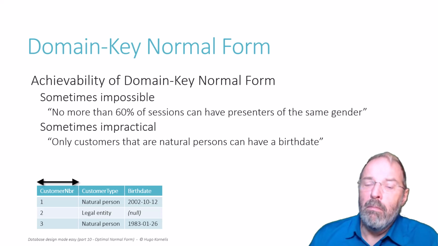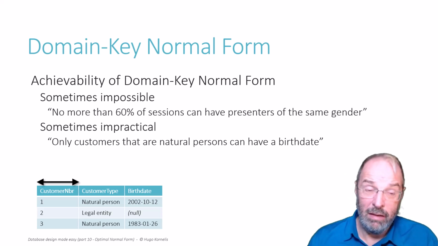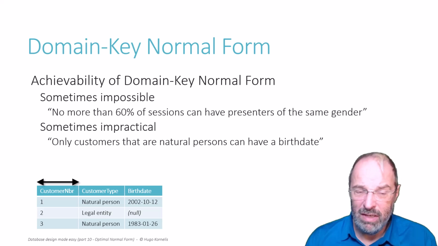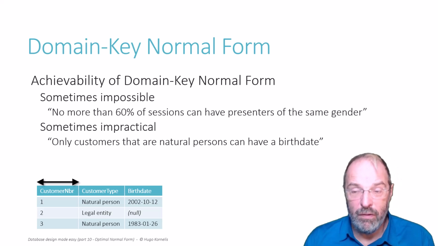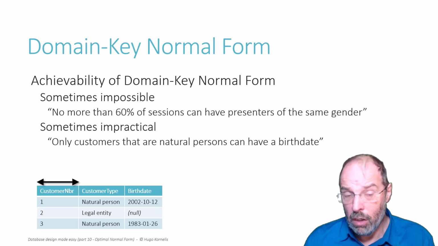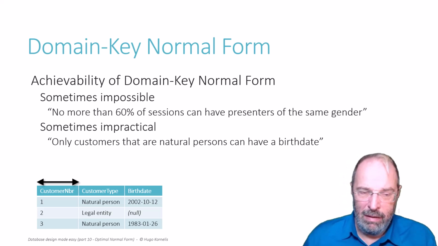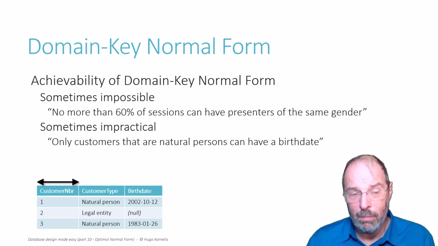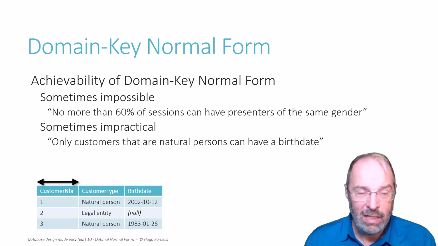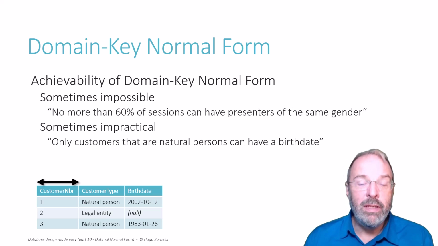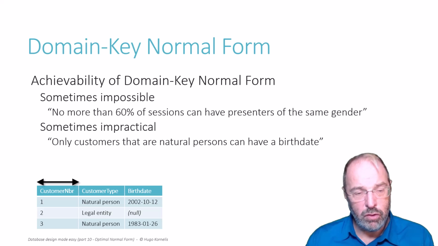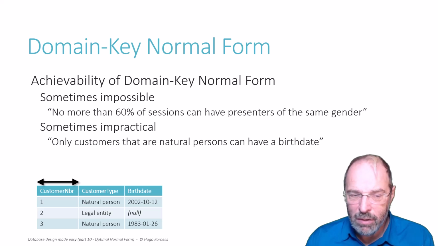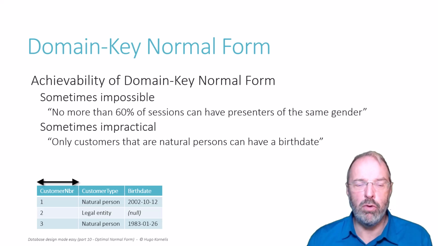Well, again, more complex check constraints can enforce that. We don't even need to look at a second table, but the official domain definition can't enforce this. And if you go to more complex examples, I didn't want to make it too complex for the video, but it's definitely possible to create situations where you can't enforce a rule that applies for only a subset of the population. Because that's the problem here. This business rule doesn't apply to all customers. It applies to only natural persons.